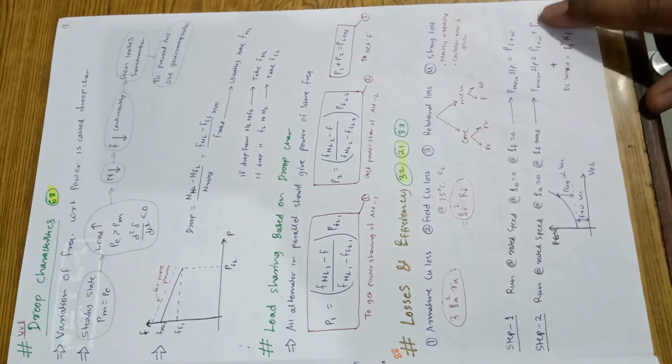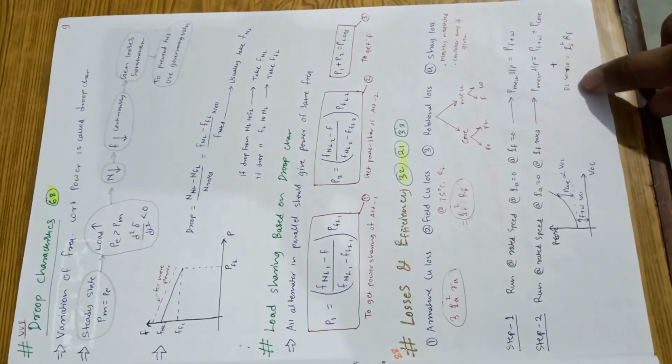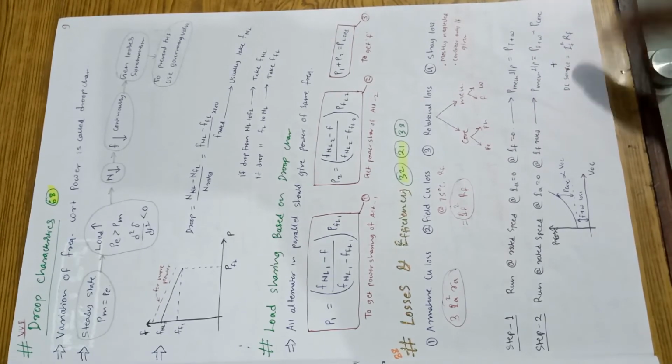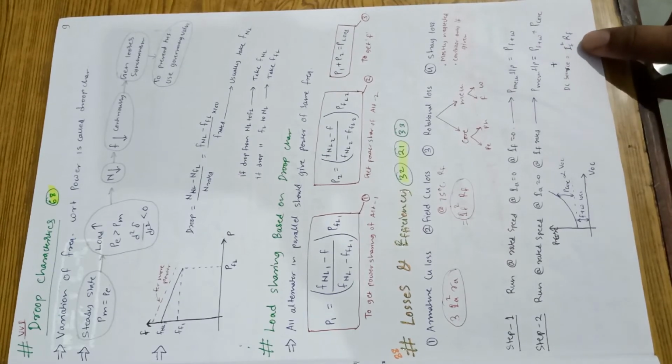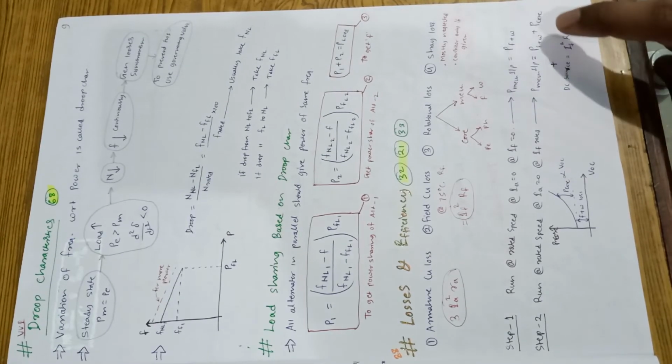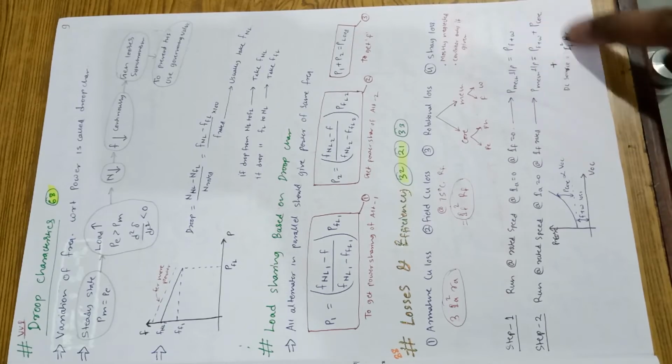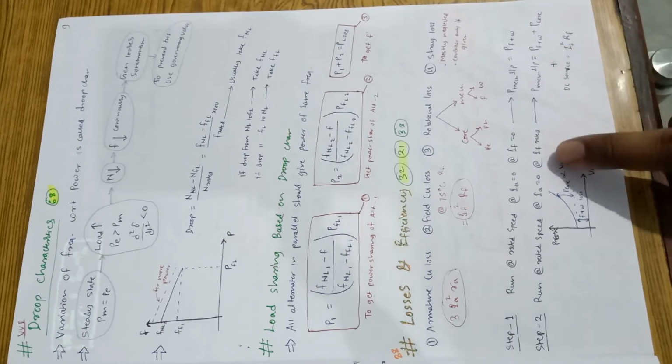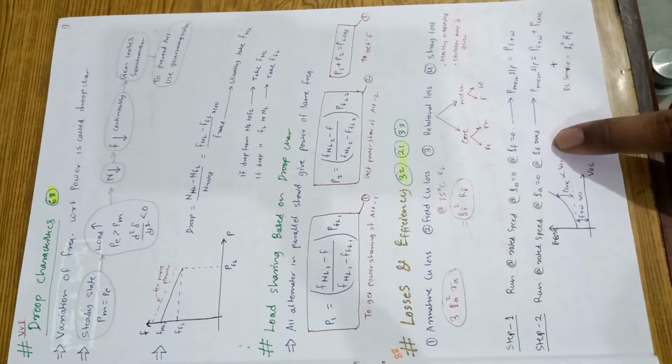Then we can get these two losses, and plus one more loss we have, the DC source field winding loss, that is IF square RF. Okay, these losses we will get after connecting to field excitation. And in third step what we will do is